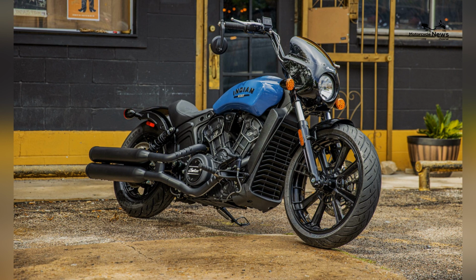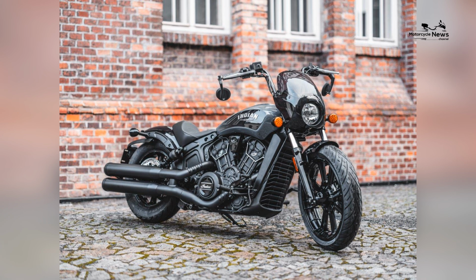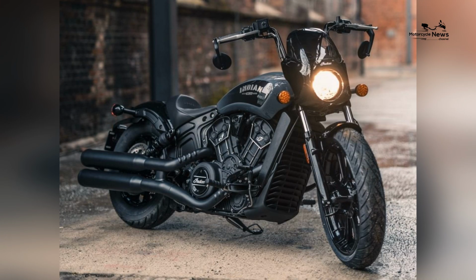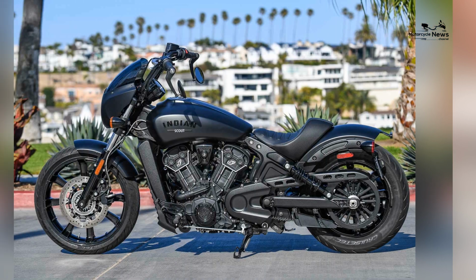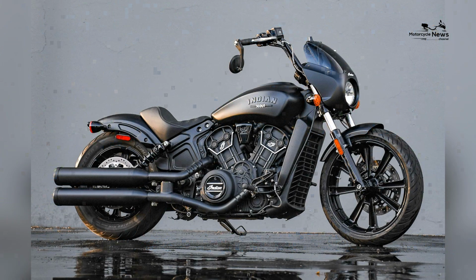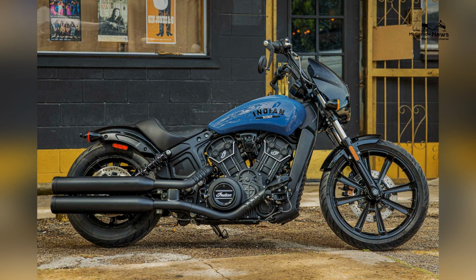street presence. At the heart of the Scout Rogue performance is the proven 1,133 cubic centimeter liquid-cooled V-twin engine that delivers 100 horsepower and 72 lb-ft of torque. That output sets it apart from many other midweight V-twin cruisers, placing the Rogue firmly in the performance category. Whether in city traffic or open highways, the engine offers smooth power delivery with plenty of muscle for quick overtakes